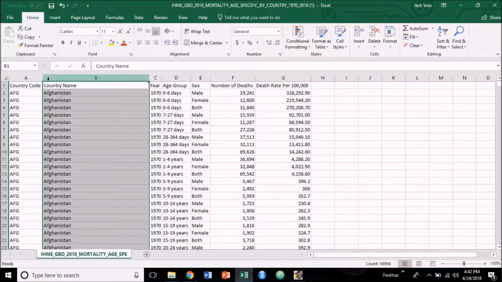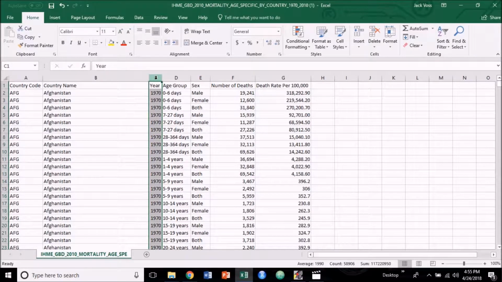Next, over in column B, you have country name, which will become our ID, replacing country code as our current ID, since we don't want these values to be used in any future calculations and future figures. The next column to the right, column C, is titled year, and that is just the year denoted by decade from 1970 to 2010. Next over we have the column age group, and if we scroll down in age group,